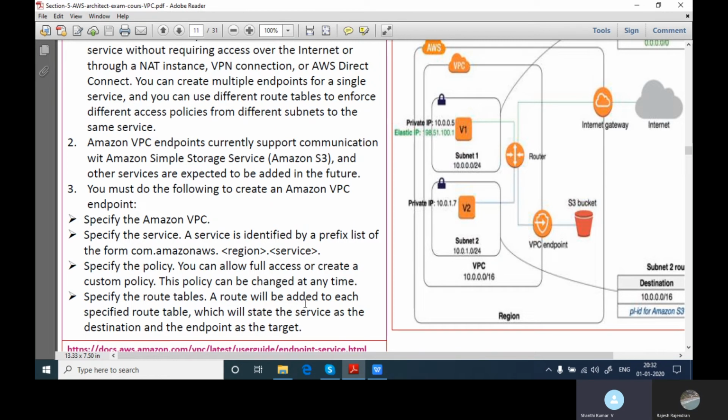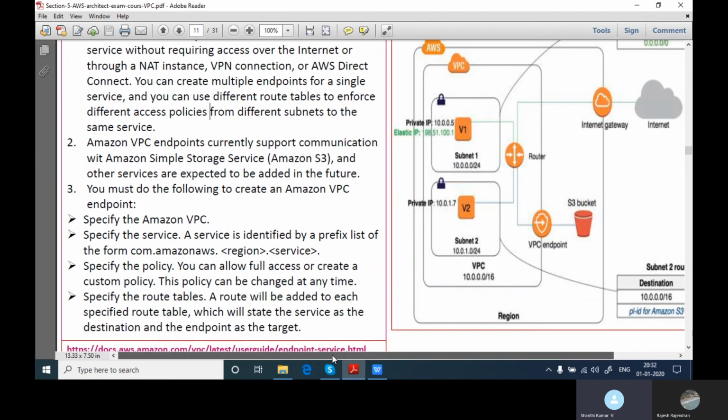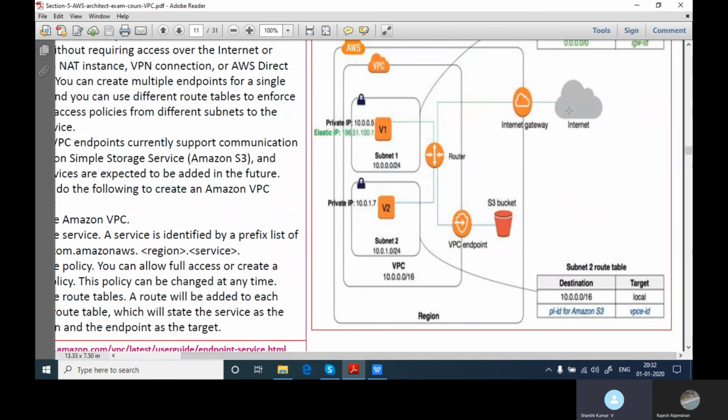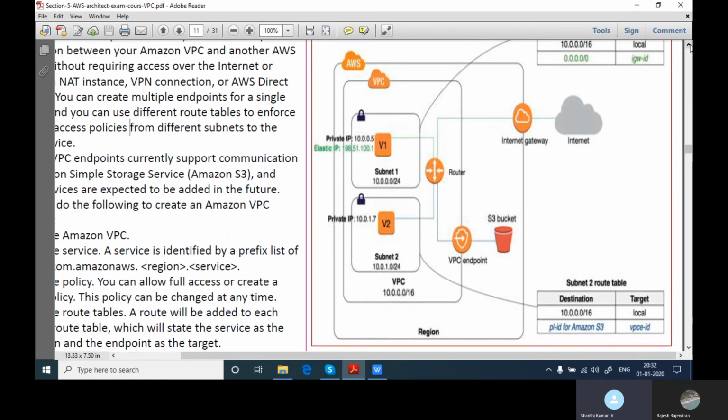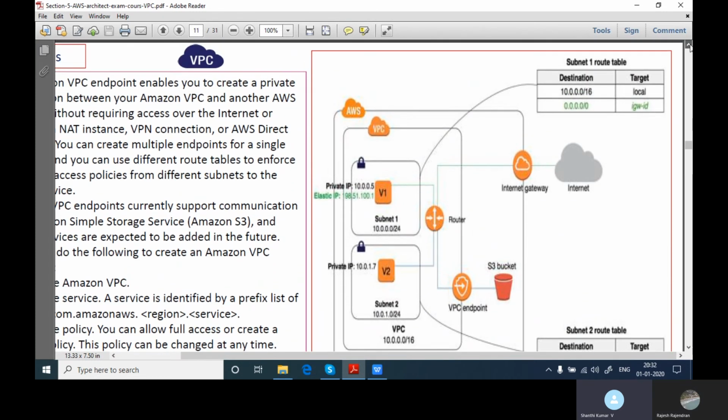Specify the route tables. A route will be added to each specified route table, which will state the service as the destination and the endpoint as the target. These things we are going to do in the lab. There are specifications in the documentation given. According to that, we will follow that. Okay. Now,